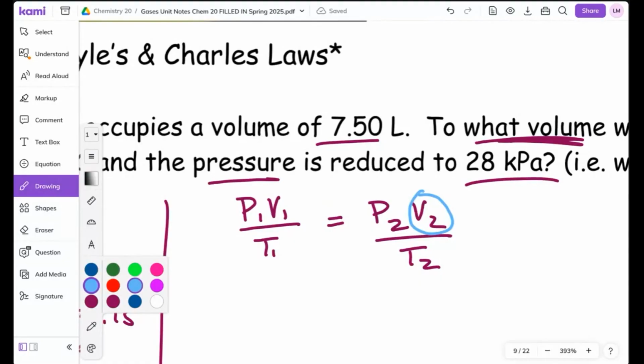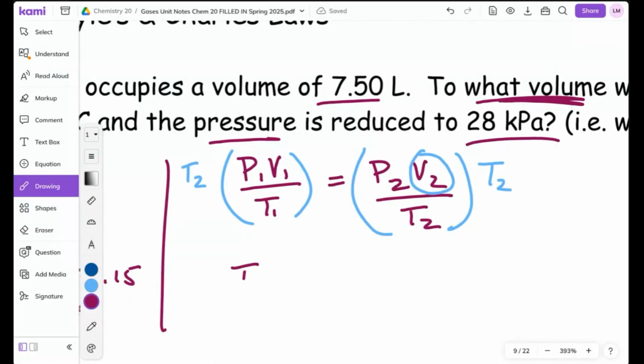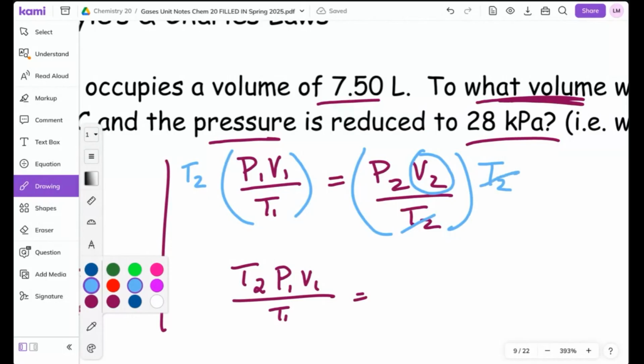So I noticed that mathematically what T2 is doing to V2 is it is dividing into V2. So I'm going to do the opposite, which is multiplying T2, and what you do to one side, you've got to do to the other side. So then that gives us T2 P1 V1 divided by T1 is equal to